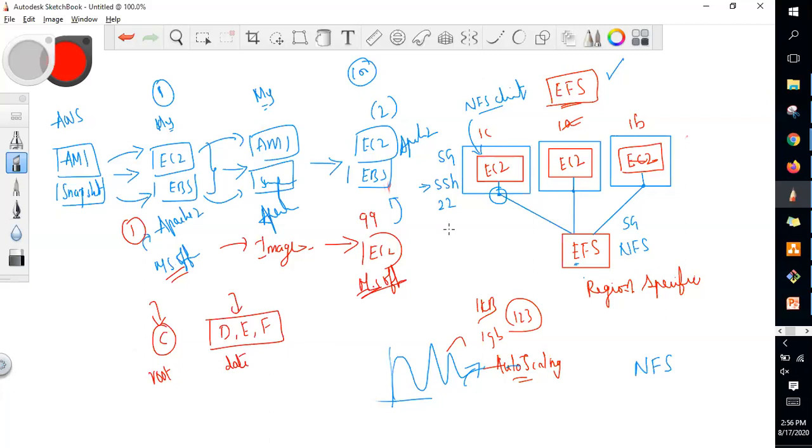You're telling something or you're asking? Asking. If I have an auto scaling use case... What do you mean by auto scaling use case, Pawan?